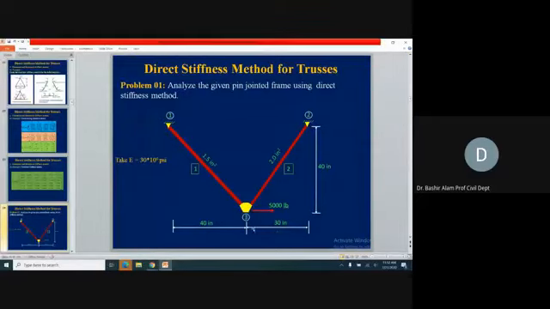Horizontal distance is 40 inches and 3 to 4 it is 30 inches। ये 1.5 इंच स्क्वायर जो लिखा हुआ है मेंबर 1, ये बॉक्स में आप देख रहे हैं रेक्टेंगल में, ये मेंबर 1 हो गया which is from 1 to 3। And ये क्या है 2 to 3, इसको हम क्या कहते हैं, मेंबर 2 कहते हैं। ये 1.5 इंच स्क्वायर है, ए क्रॉस सेक्शनल एरिया है मेंबर 1 का, और मेंबर 2 का क्रॉस सेक्शनल एरिया, it is 2.0 inch square. So quickly you draw this diagram. और स्टील है इसका, तो E is 30 into 10 raised to the power 6 psi। This is the modulus of elasticity। Quickly you draw this sketch and then I move to the next slide।